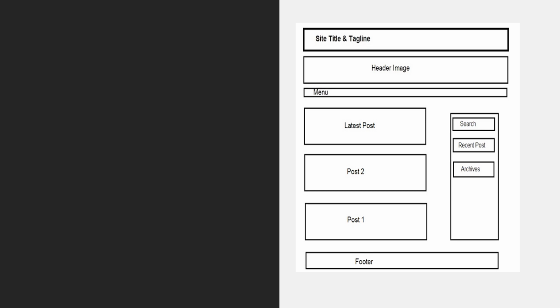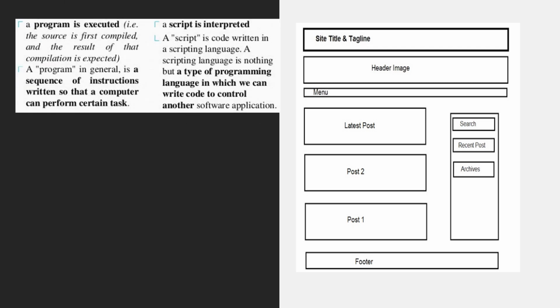Now let us move ahead and understand the difference between programming language and scripting language. First, I will start by giving the definition of programming language. A programming language is nothing but a set of instructions which will tell the computer what task it has to do. So what is scripting language then?